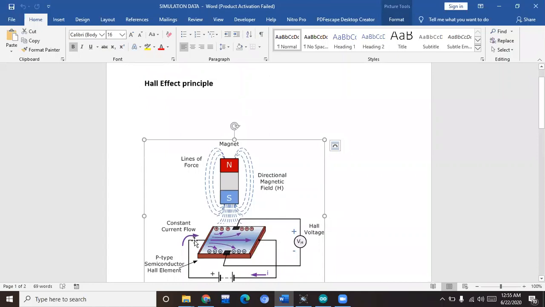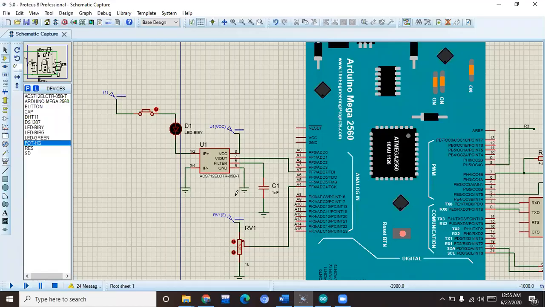When the current passes through the conductor, it produces this magnetic field. That magnetic field disturbs the path of electrons, causing a potential difference, and hence that potential difference produces the Hall voltage, and that voltage is proportional to the magnitude of the magnetic field that the current produces. And the capacitor I have attached to pin 6 is basically for the detection of noises.